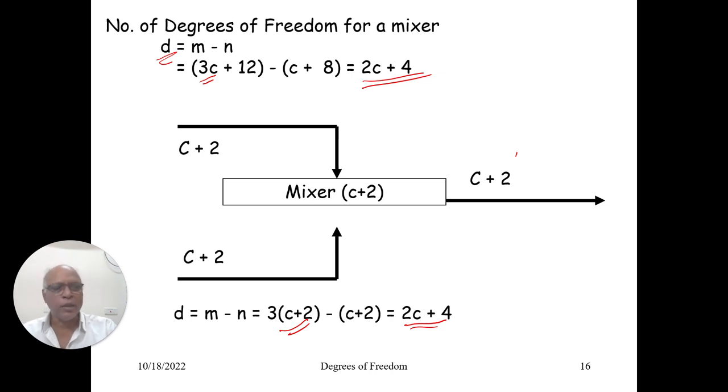Let us look at this point from another viewpoint. We know most of the models that you are going to make use in any process simulator are going to do only rating calculations. So in case if you have a mixer, what is the minimum number of specifications you have to give? You need to define both the input streams. What do you mean by defining both the input streams? I have to specify C plus 2 variables, another C plus 2 variables. That is going to take care of 2C plus 4.